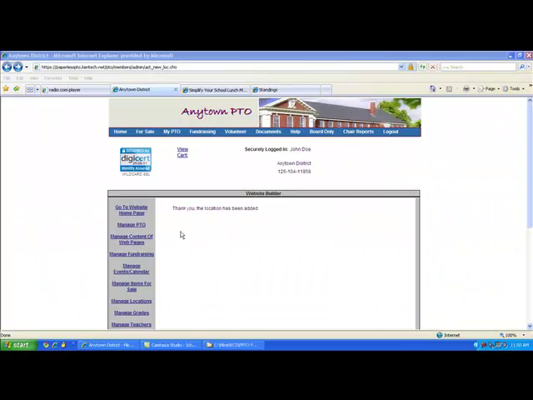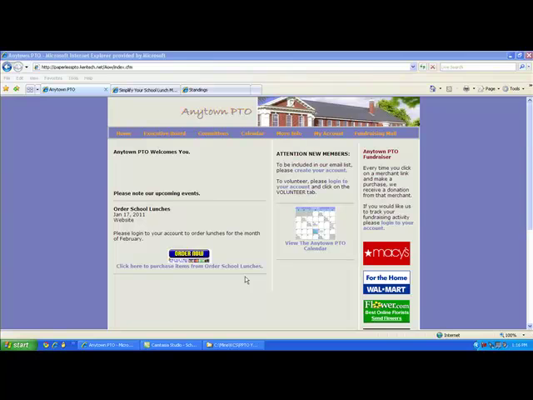Now the event has been saved, so let us just take a peek at how it appears on the home page of our website. There you can see that the event now appears with instructions on how to place a lunch order. Now what we need to do is to create the lunch menu, and this is done by adding